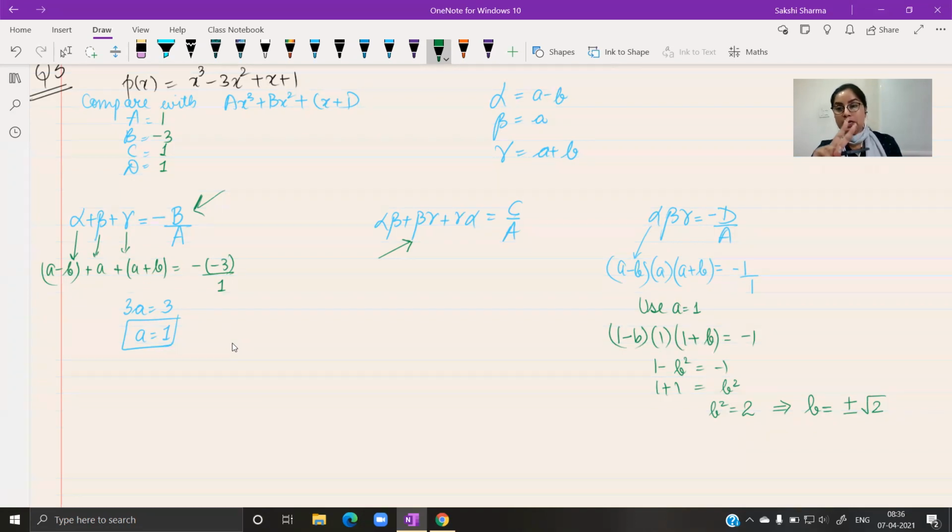दो zeros आपको दी हैं, दो zeros की help से आपको दो factors मिलेंगे. उन दोनों factors का जो product होगा वो भी 0 होगा for the given polynomial. Then you carry out the division. जो quotient आएगा आप उसको further factorize करके remaining two zeros find कर सकते हो.